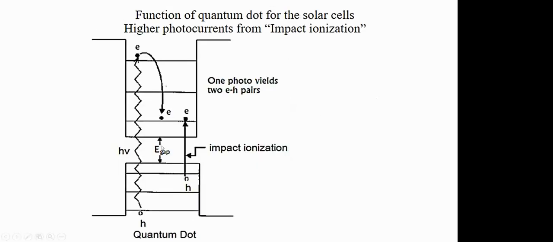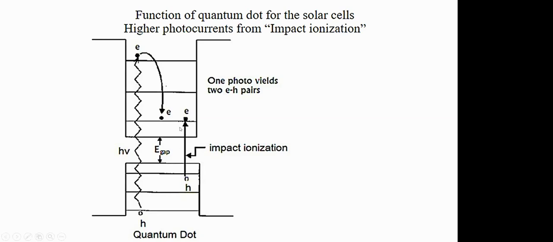So what I said, I have discrete energies in quantum dots. In the case of bulk, we have seen that the electron will release its energy thermally and then it will be wasted. Whereas in this case, if I have a band gap which is small enough in quantum dots, and if I excite with a higher energy photon, the electron will go to a higher energy. There are two possibilities. One possibility is that it has a very high energy, so it can do impact ionization. This electron can hit another quantum dot or another electron to bring it out from the system.